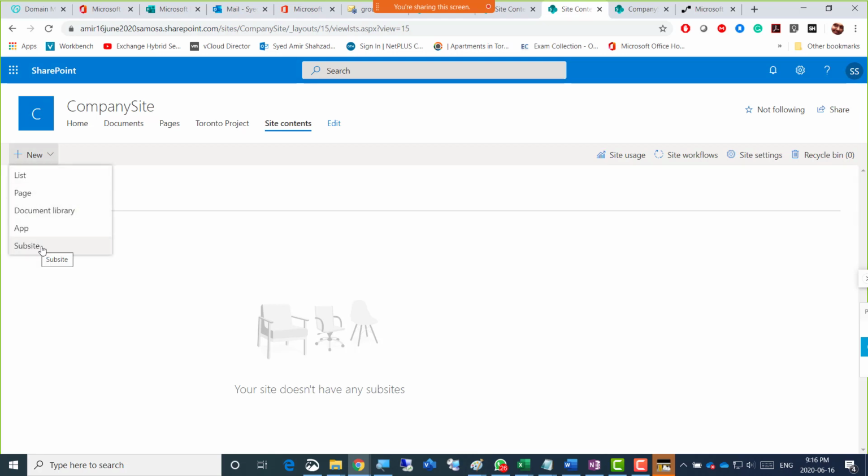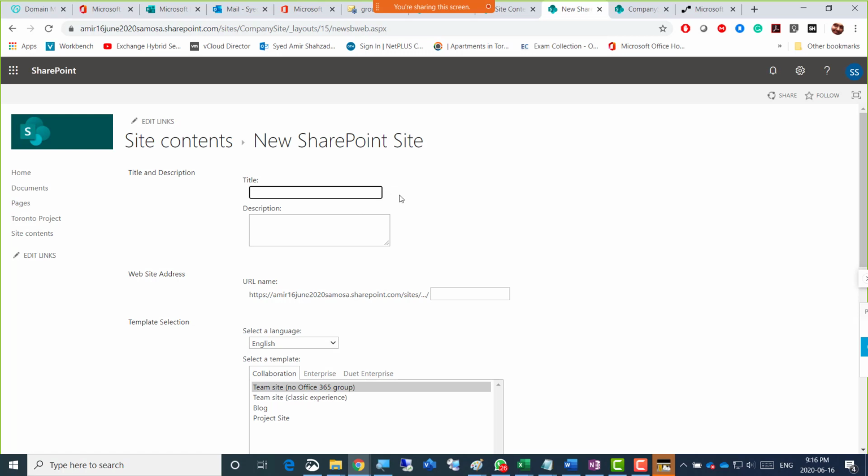there's that option of subsite here. So if we click new, there's a subsite option under the site contents, and then we'll click the subsite, and it will again take us to the creation of a subsite, but it's inside the company main site.